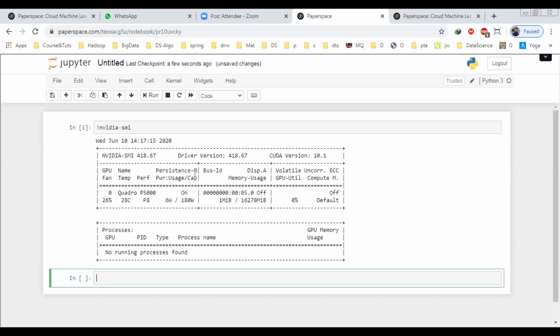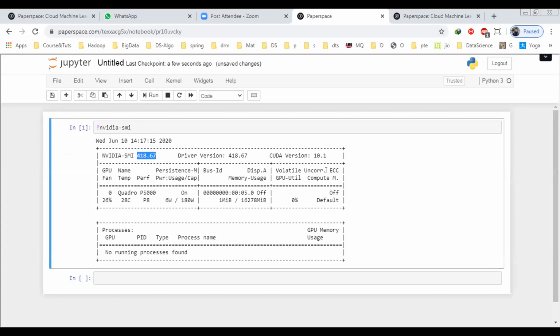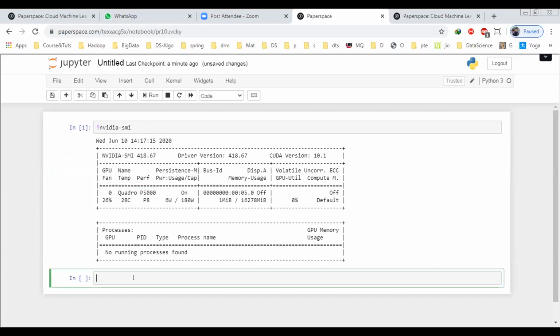Okay, so the driver version is 418, and CUDA is version 10.1. This is the memory that you have, and the name of this is Quadro P5000. So this is the basic information that you can get from this, and Linux commands